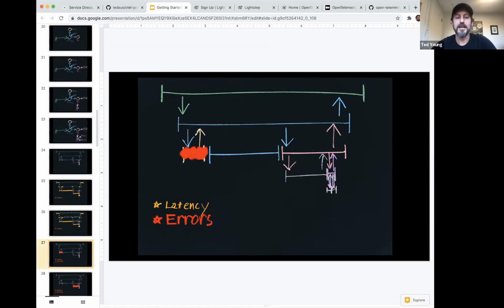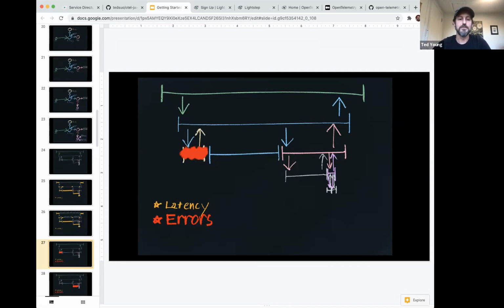The other thing you want to look at is errors. You want to have an error budget for every service and transaction, and you want to be monitoring errors. And of course, when things do catch on fire, you want to immediately understand where to start hunting. And usually the first place you want to start is where the error actually occurred.